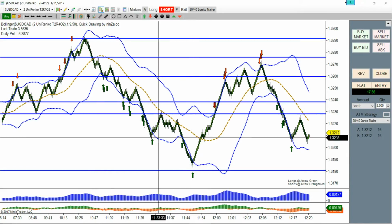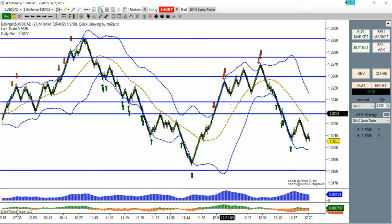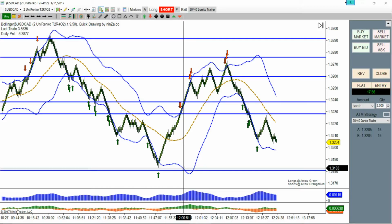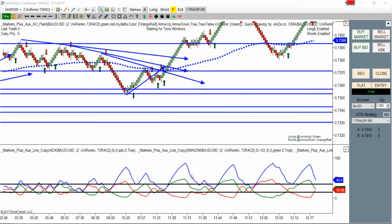Took a trade here, took a short. We exited right before the reversal, and boom, here comes the reversal, and here comes the pullback, lower high to the south. So that's where we're at. I think we're going to take this out. And that's it. So what I'm going to do also, and here's the